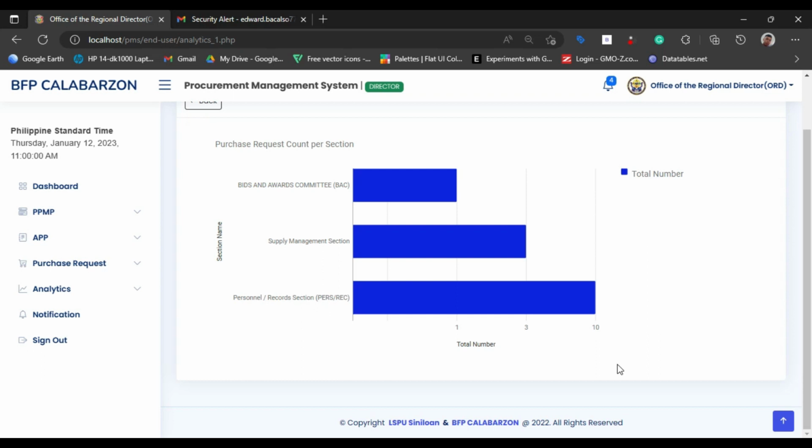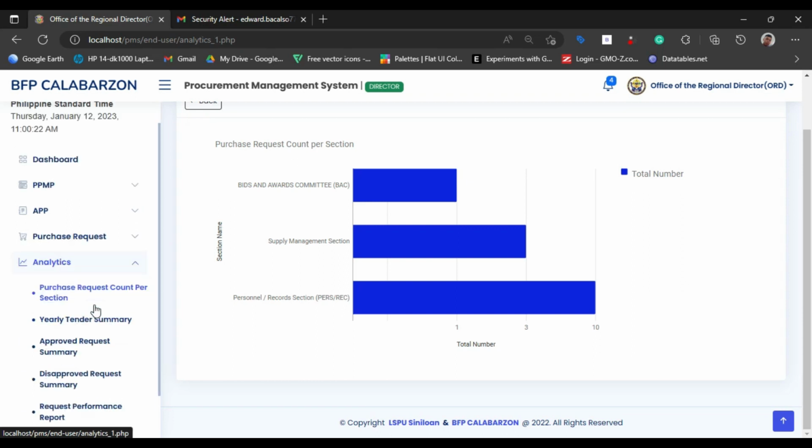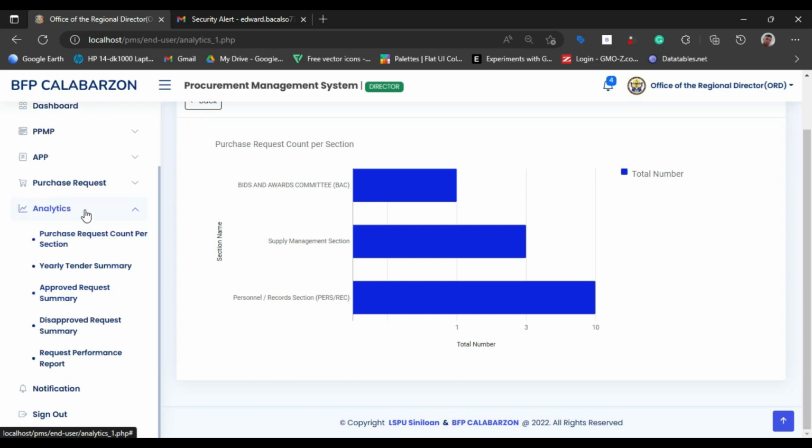Data analytics. How does data analytics work in the system? Data analytics uses the system to process the information. So, how do you access the analytics in the system? It can be viewed in the administrator account and the director's account by accessing it in the side navigation bar and selecting analytics. Then, if you click analytics, you will see the different types of analytics that you can show in graphs, such as purchase request count per section,